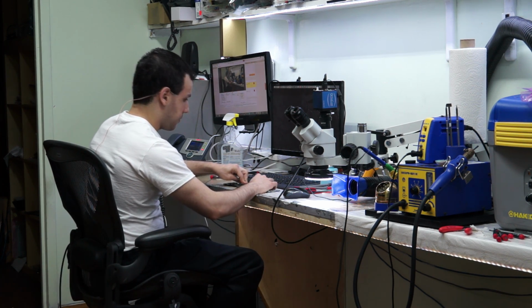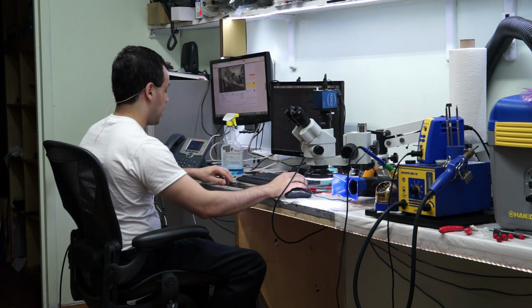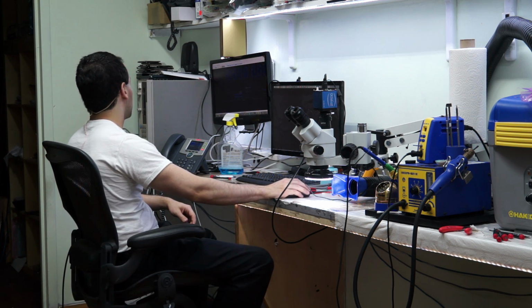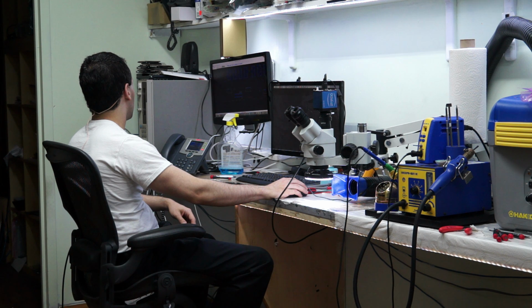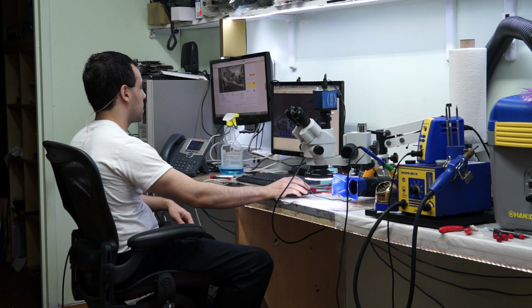So let's see if this thing is trying to enter an S0 state. That's the first thing. So you've got S5, S3, and S0. When you plug the charger in, it's supposed to instantly try to go to an S0 state. So I'm going to open the board view and also the schematic for an 820-3437 so that we can go through the power rails and see what's present, what's missing,